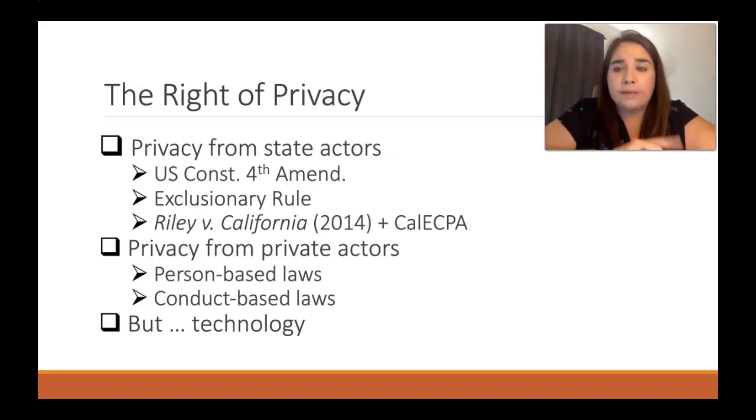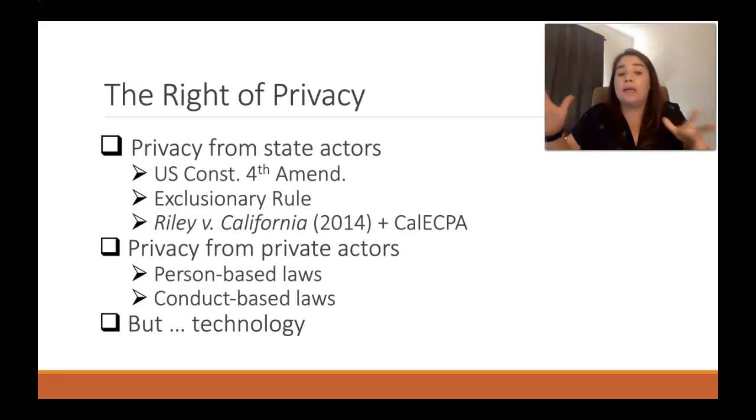The California trial court said, sorry, dude, cell phones are not contemplated anywhere in the Fourth Amendment. We haven't contemplated them as an object that can or cannot be searched in our state law. And so you are SOL, my friend. That's too bad. So they denied his motion to exclude the evidence.